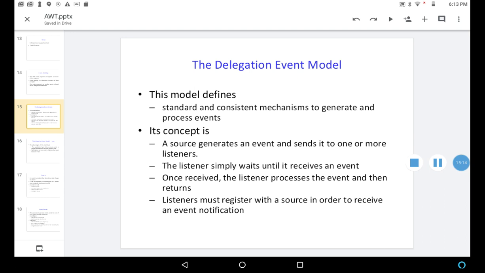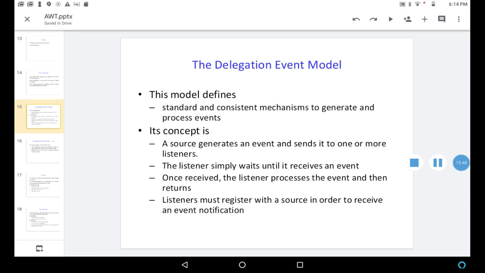The listener simply waits until it receives an event. Once that event is received, the listener processes the event and then returns.